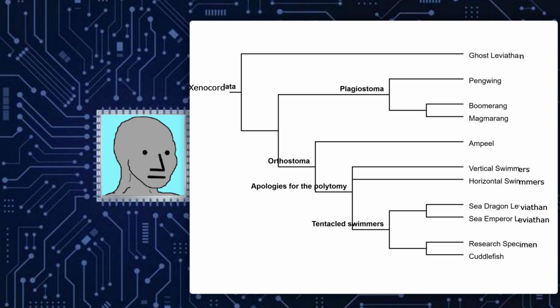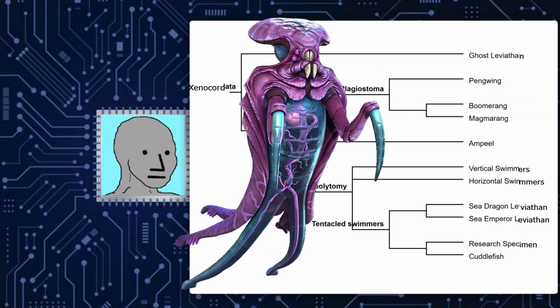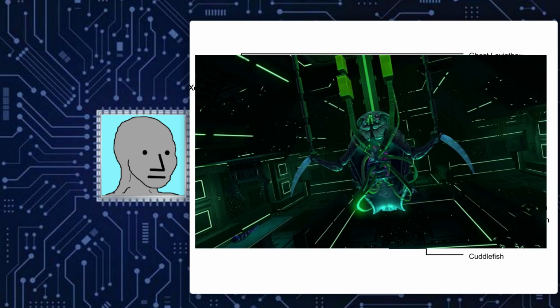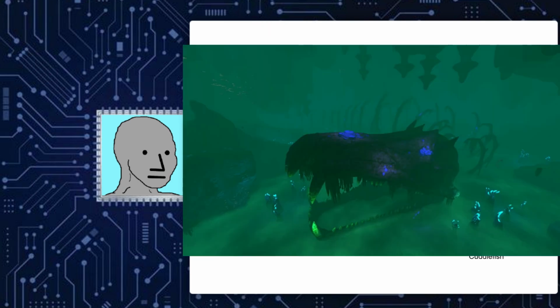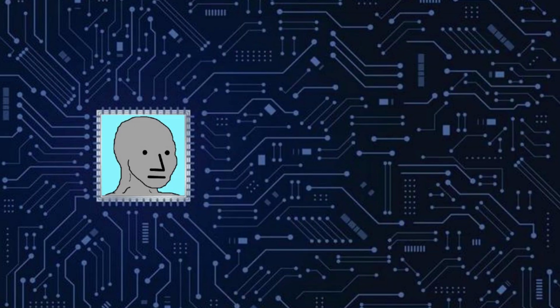Before closing, I would like to give a brief honorable mention to both the Warper and the Gargantuan fossil. The Warper may look like a tentacled swimmer at first glance, but it is fully artificial, and the Gargantuan Leviathan is once again a skeleton with not enough information to go by, so I can't exactly put it anywhere at all. This is it for this video, and next time we will talk about the